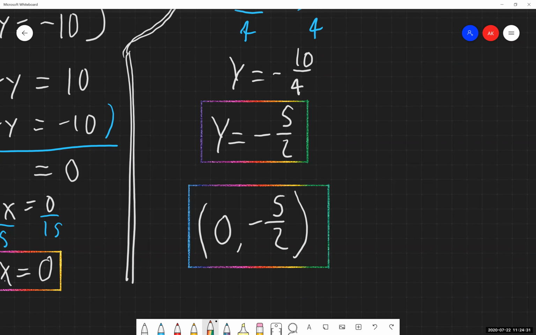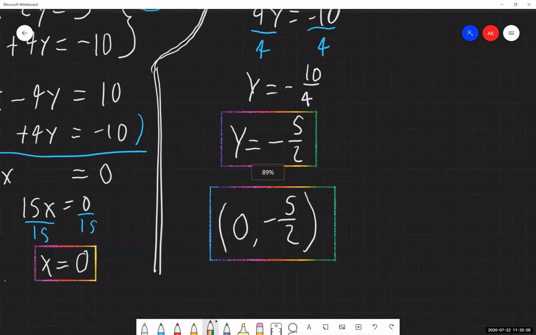And again, optionally, to check our answers, or our answer that we have, we can plug in that ordered pair into one or both, we want to do both, of the original equations. So our check is going to be the exact same thing that we did with the 5.1 and 5.2 material with how we check our answers. So we take a look at our first example that we did in 5.2. I believe that's the one where I checked our work. But we're going to do that exact same process here with the elimination method if you are going to check your answers.